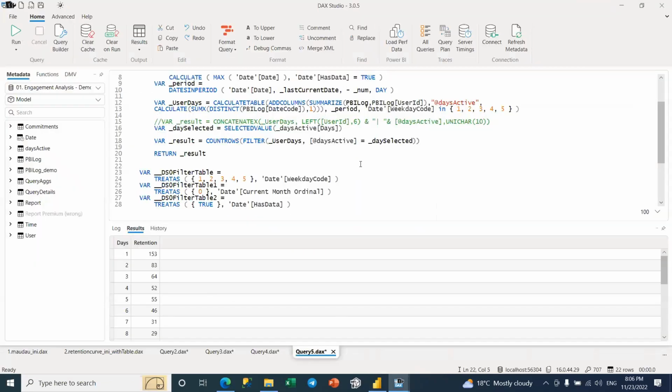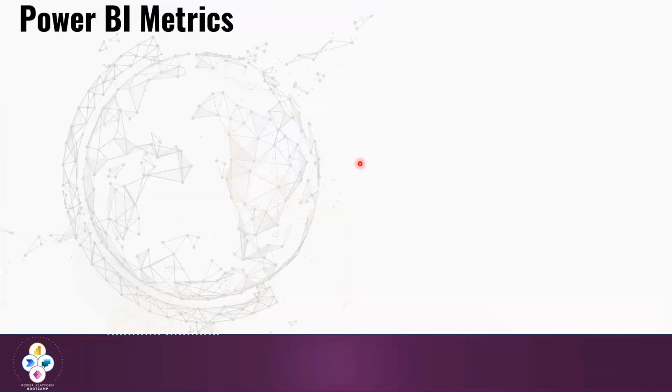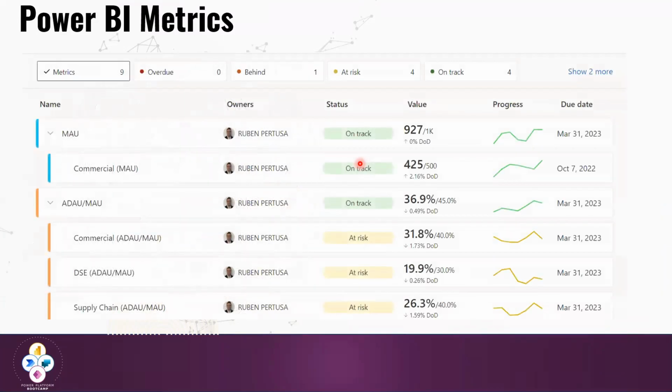So just going back to the demo, going back to the slides, these are the 2 demos. Just to finish, we can even go one step further on this and even use this to measure our performance as a team in the whole company, okay? By using metrics, and I'm not going to show you how to create that, but just for you to see